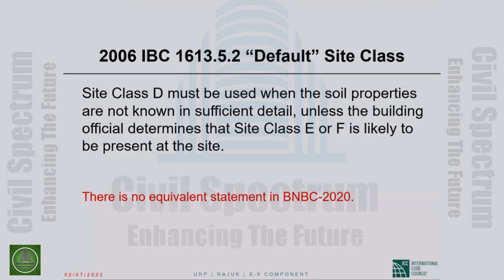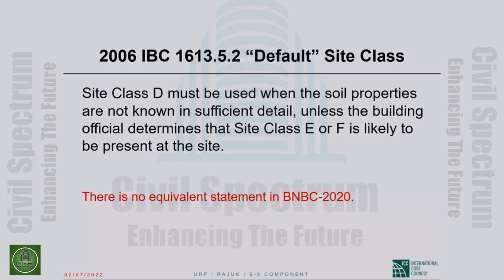Okay, and we allow the standard penetration resistance or the undrained shear strength, basically because the shear wave velocity is not always easy to determine. Depending upon the place, you may not have a contractor able to do that. Okay, so